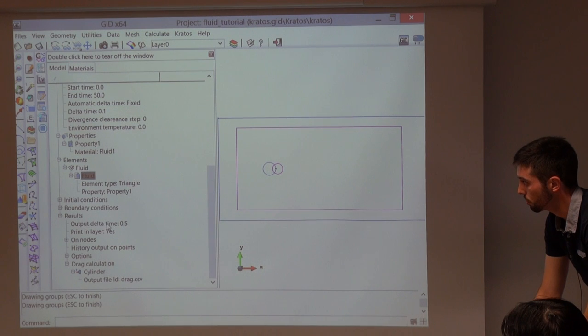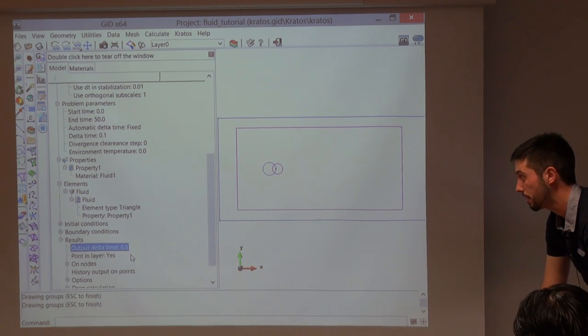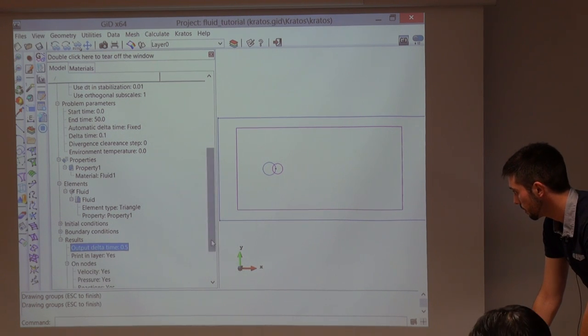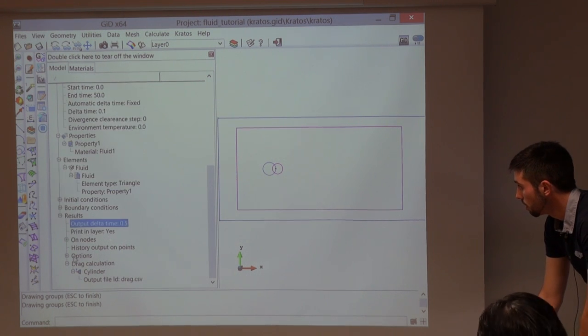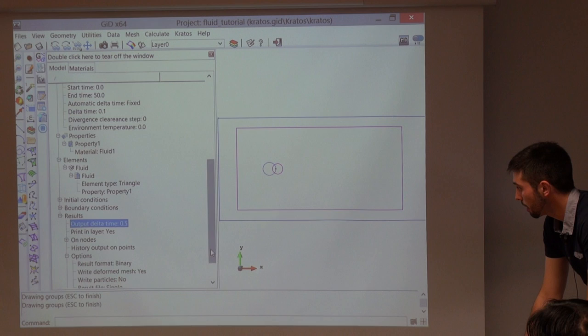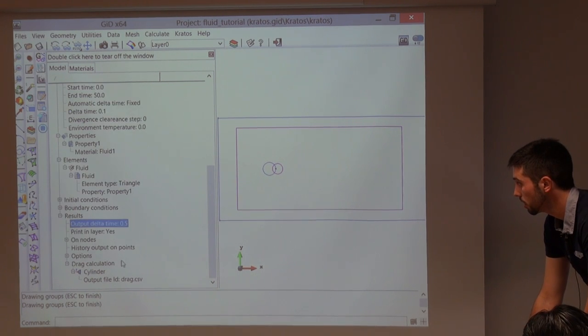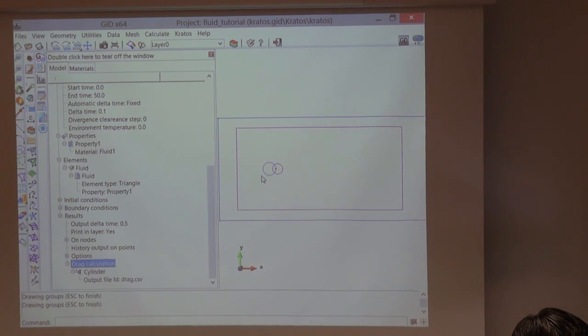So again, finally, this is the same as we already saw for the structure. We are using a delta time of 0.1. Here we say that we want to print results every 5 steps, so 0.5 seconds. And on the nodes, we will print the velocities and the pressures and the reactions. These are the same output options for the file that will be produced from Kratos, and then we will read in the post-process. And in the case of the fluid, we were interested in seeing the reactions, the resultant force acting on the surface